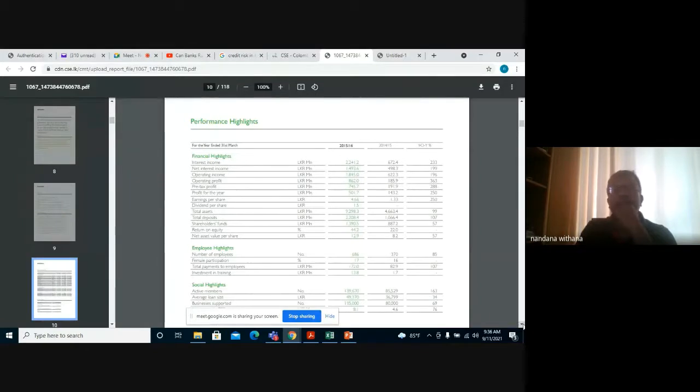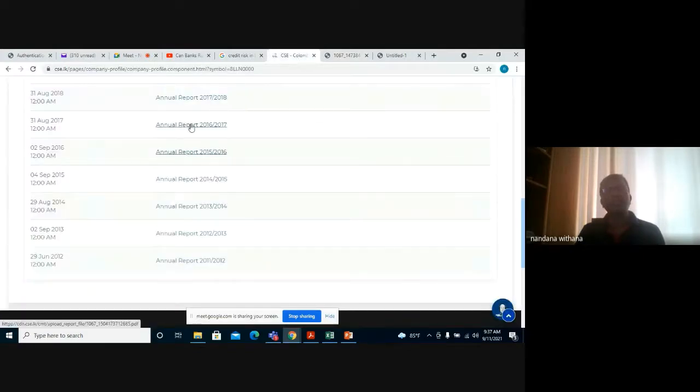Okay. Income has gone up by 233%. Right. This time 2.2 billion. Last year 672 million. Okay. And if we talk about profit, it has gone up by 250%. Okay. What was 143 million has gone up to 501 million, half a billion profit. Let's see the next financial year.